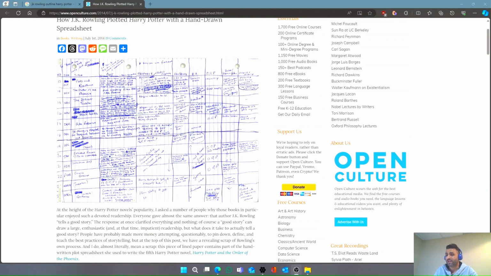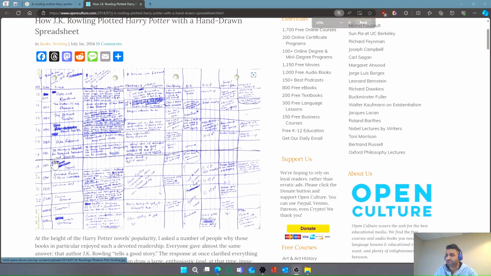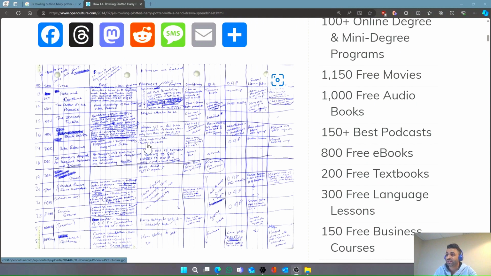Let's take a look at the way J.K. Rowling wrote down Harry Potter. So I just opened this website. Let's focus on this page on the left side. This page on the left side is showing the outline of Harry Potter. There's 6 or 7 books. In order to make sense of the whole story and to make sure